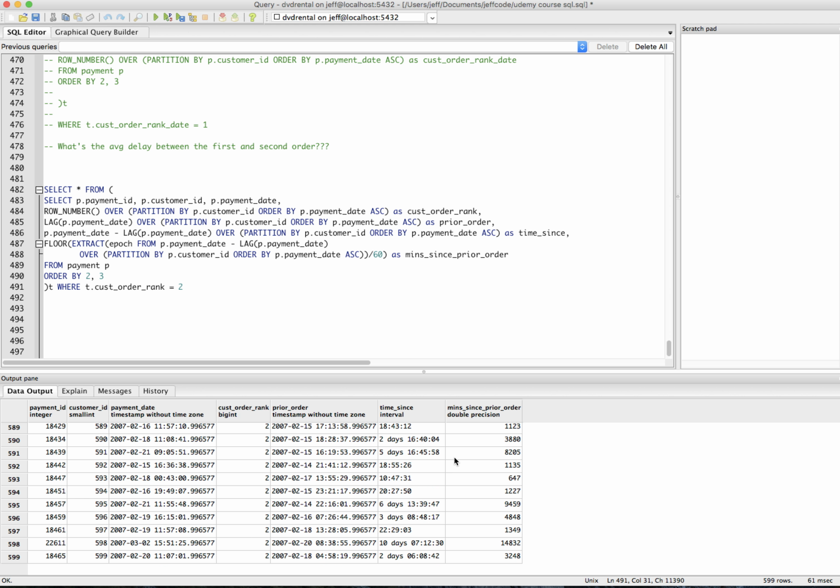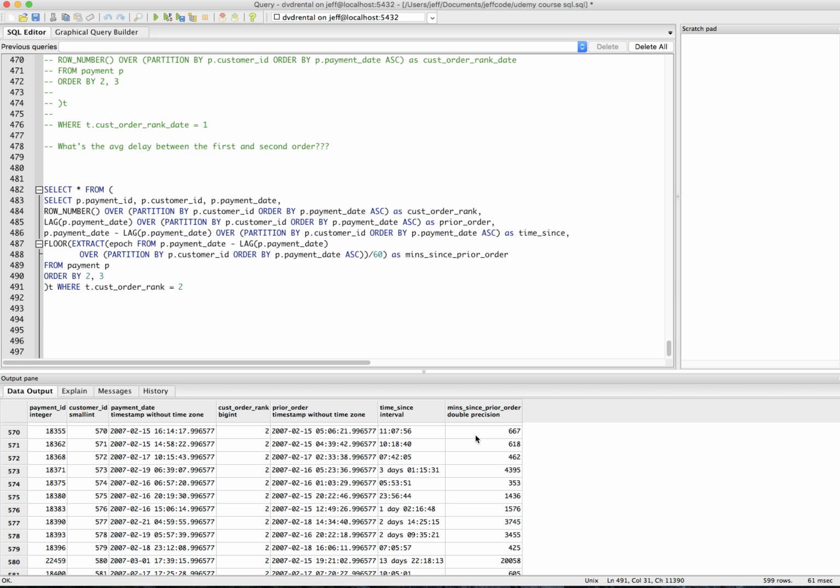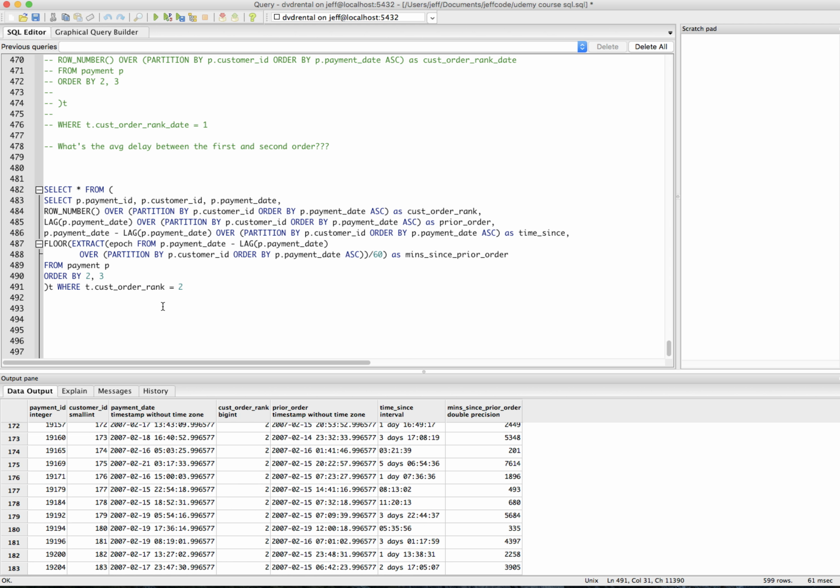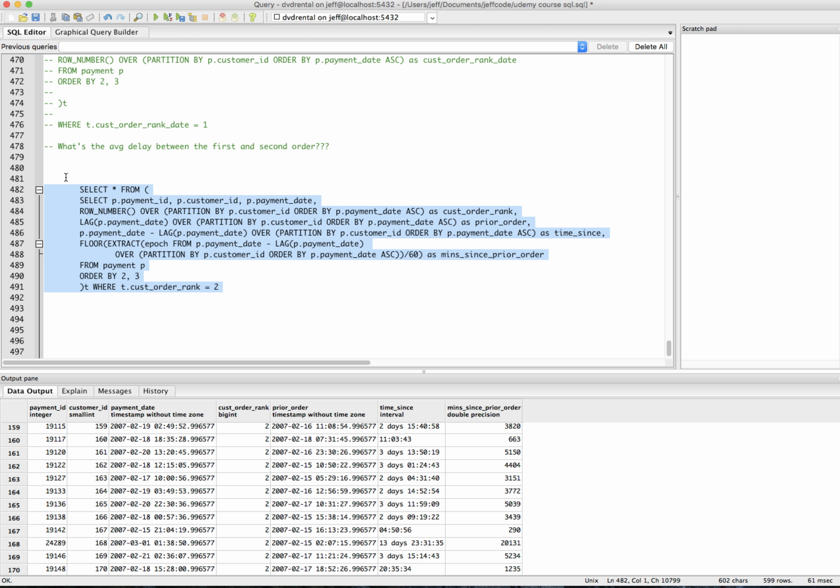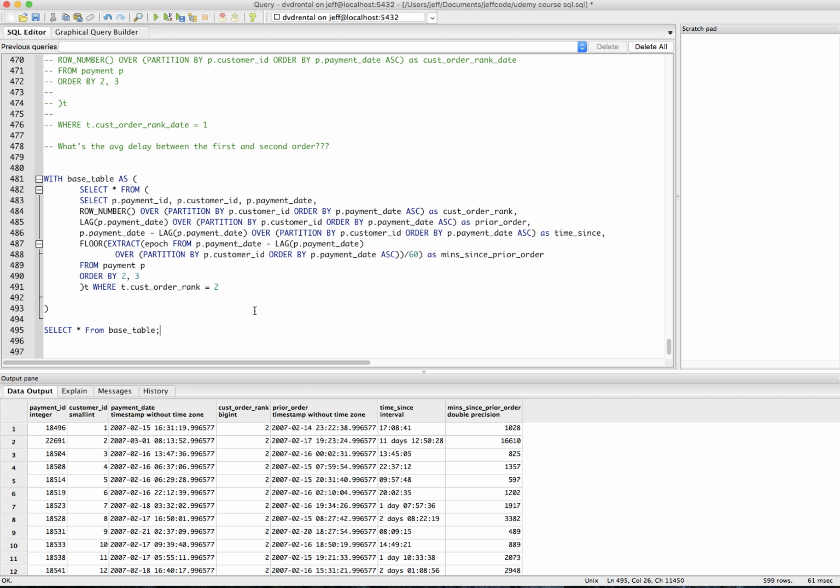Great. So now we have the second orders for every customer, and we have the minutes since the prior. So really, all we would need to do is just take the average of this column, and then you would have your figure right there. The more interesting thing might be instead of a linear average, maybe we want to take this data and break it out a little bit. So let me just wrap this up in a common table expression with our base table as,